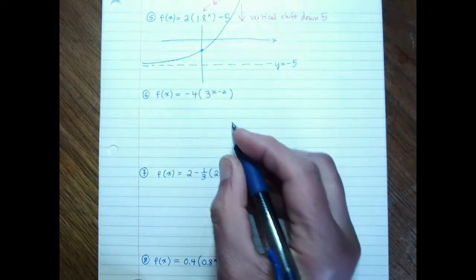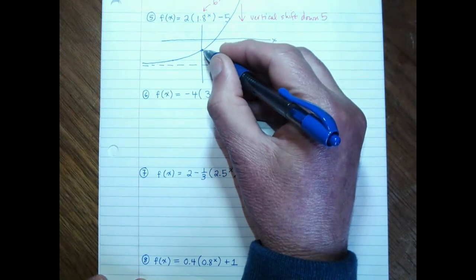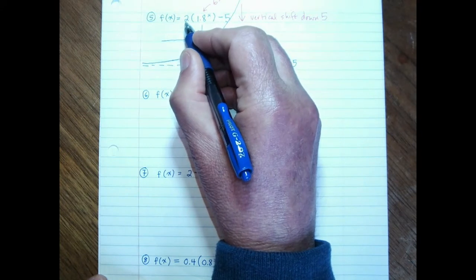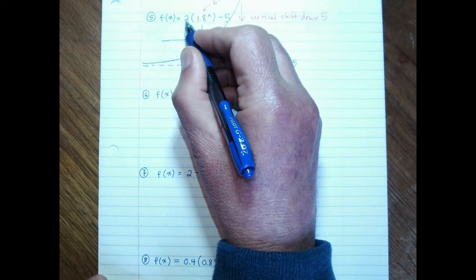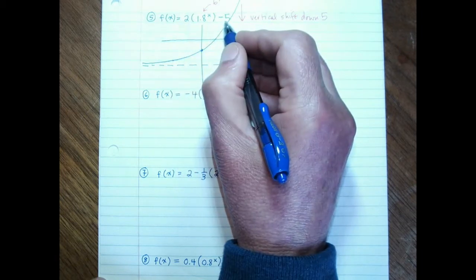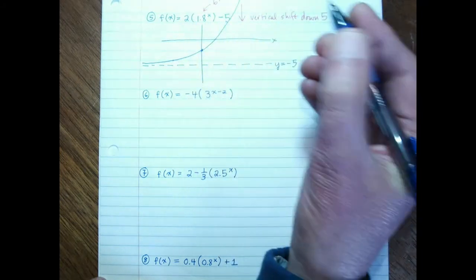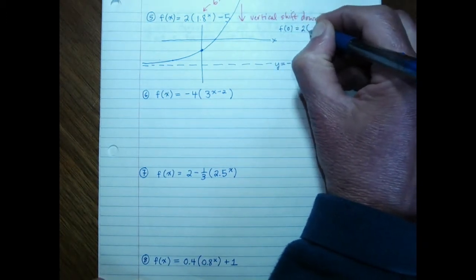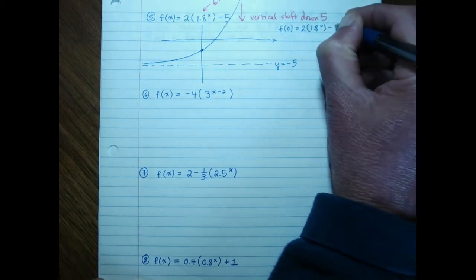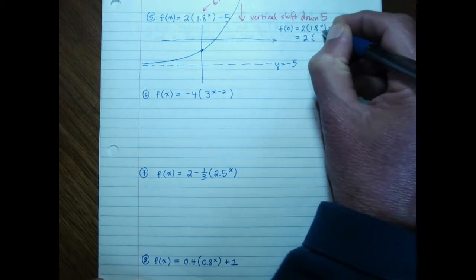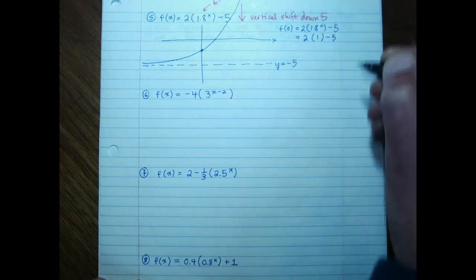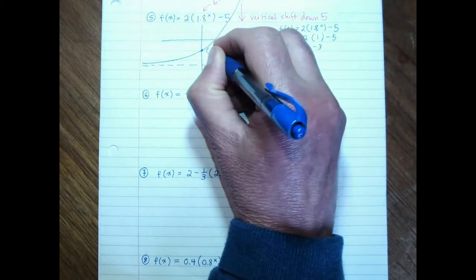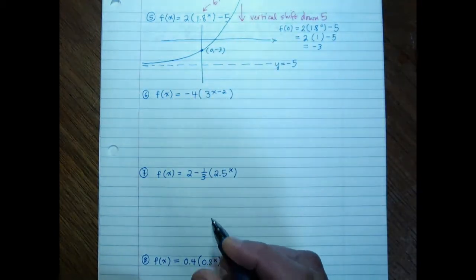my y-intercept value here is now going to be affected by the vertical shift. So the 2 value would have been my y-intercept value without the vertical shift. When I shift down 5, I'm going to get 2 minus 5, or -3. You can also just plug in. So always realize you can plug in to compute the y-intercept. Plug in x equals 0. I get 2 times 1.8 to the 0 is 1. 2 times 1 minus 5 is -3. So that's (0, -3). And